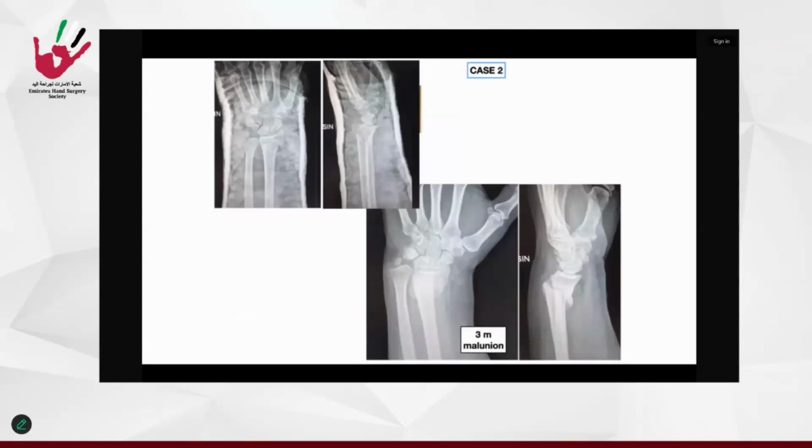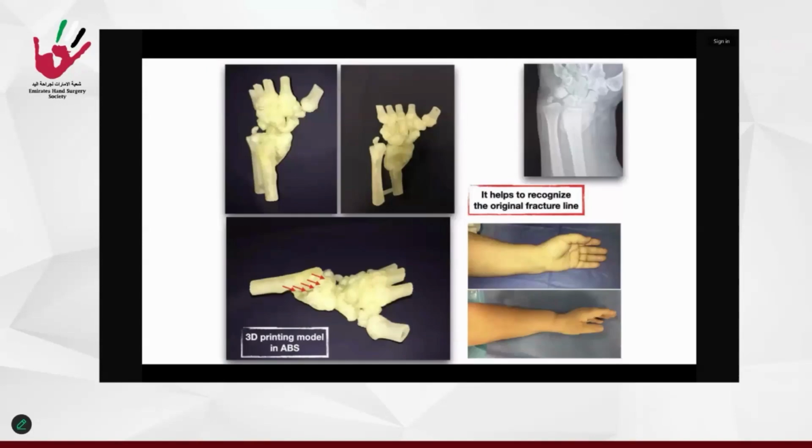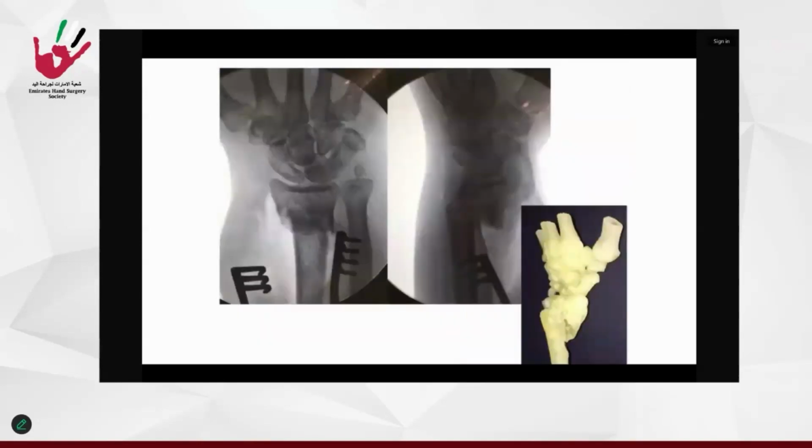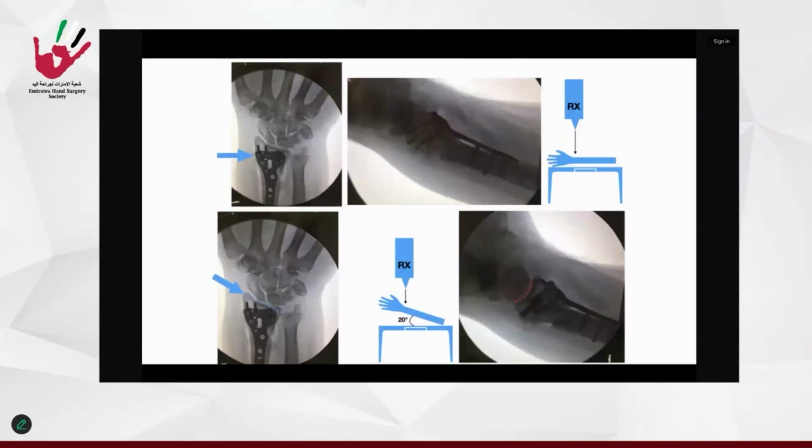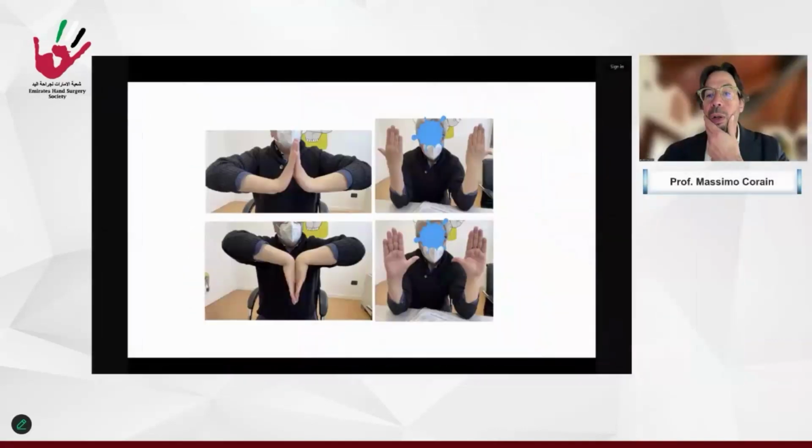This is an adult that had a fracture and 3 months malunion with this deformity, and with the 3D printing we can understand in a better way in order to recognize the original fracture line, in order to go in the surgery room to correct it, and to know that we can do that because the joint is not involved and because the distal part of the malunion is large enough to accept a normal volar plate, like this one, with a correction and a good functional result.